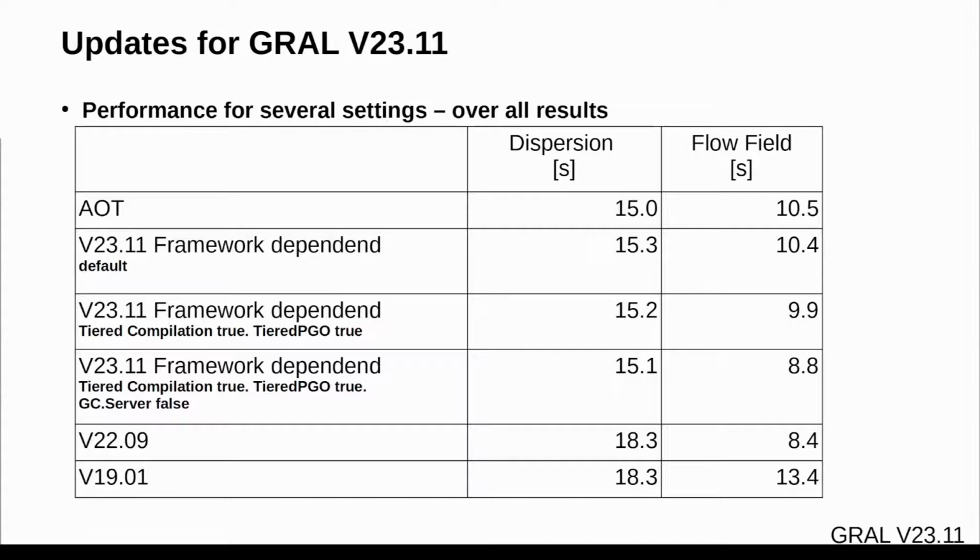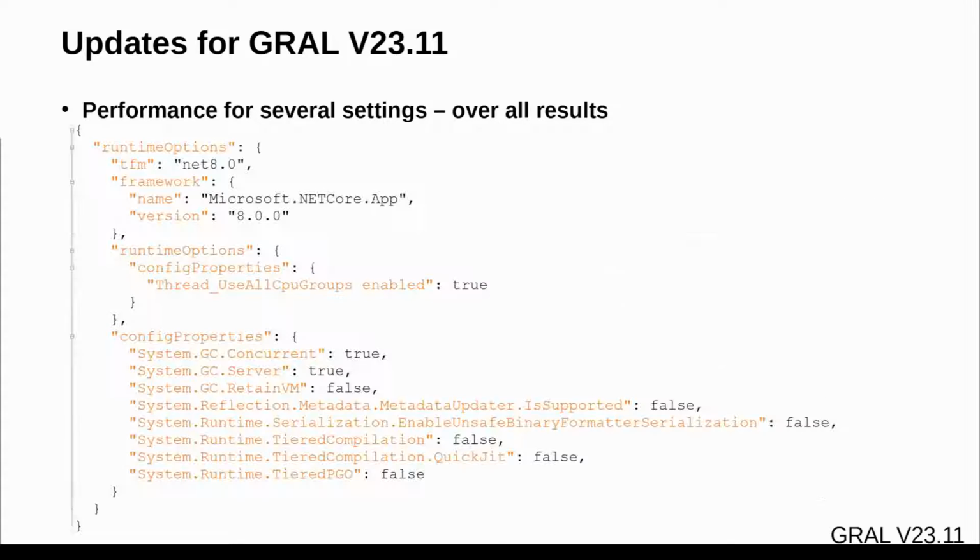The AOT compiled version is using SSE vector extensions only and is therefore a little bit slower than the AVX vector extension used by the framework-dependent versions. This limitation might be caused by the AOT compiler, and we hope that it will be fixed in the next .NET version. Here we see the file